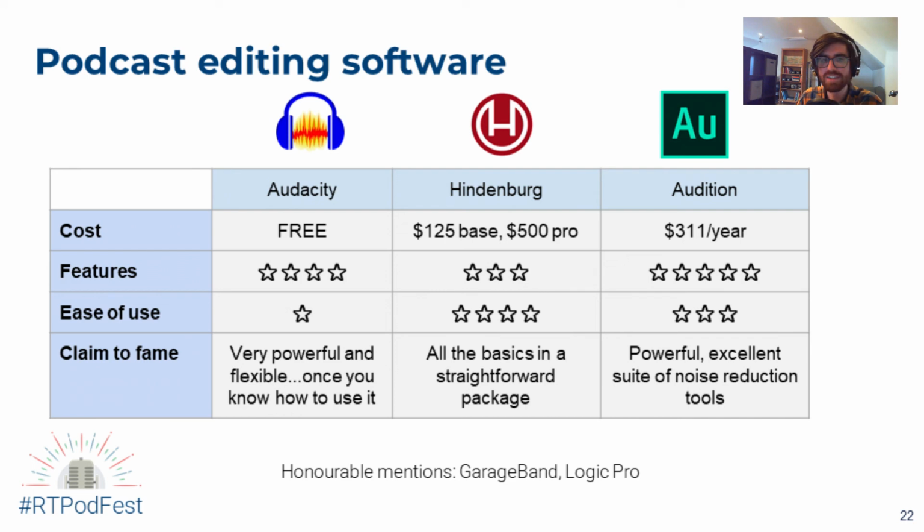It's decently easy to use. I think Richie called it the Photoshop of audio. And I think that's a really good analogy, because Photoshop is super powerful and there's a lot you can do with it. And it's decently easy to use once you figure out where everything is in the menus. Similarly, Audition does have a learning curve,